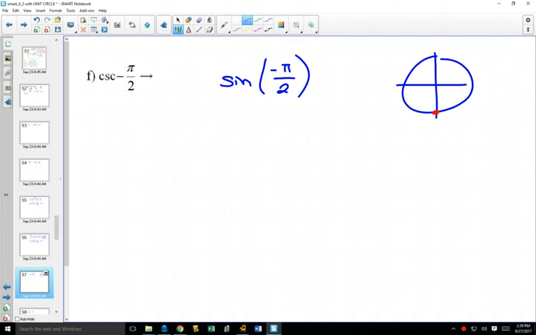So what I do with anything that happens to be on the axes family, it's really easiest just to think of the coordinates. What are the coordinates right here? 0, negative 1. So what is sine, the x coordinate or the y coordinate? The y coordinate. So sine of negative pi over 2 is equal to negative 1. Didn't really have to think about the cast rule, I just took the coordinate. So then cosecant